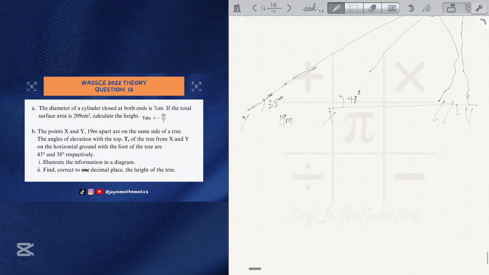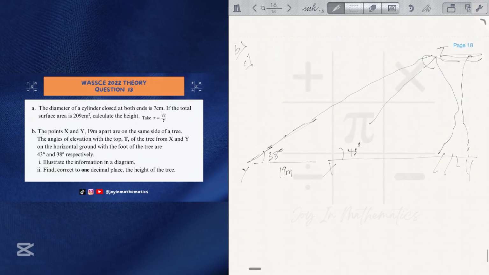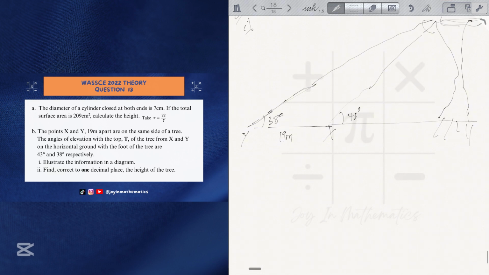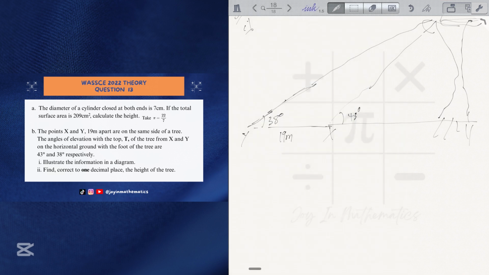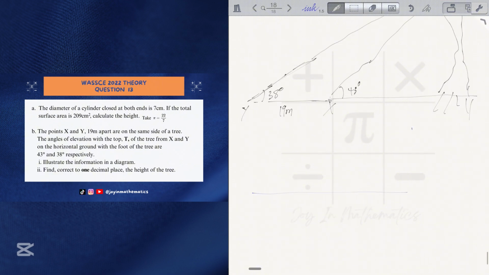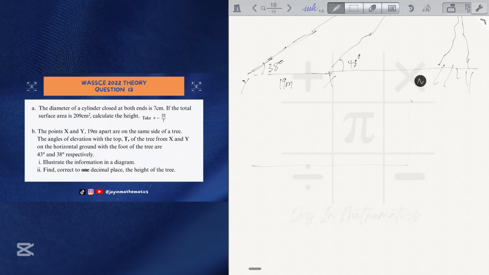Okay, we've solved that already. So to simplify further, let's just draw a simple diagram to resolve this. Remember, whenever we are doing angle of elevation and depression, we are going to be using a right angle triangle. So if you have a diagram, the right angle triangle, this is point x, point y,